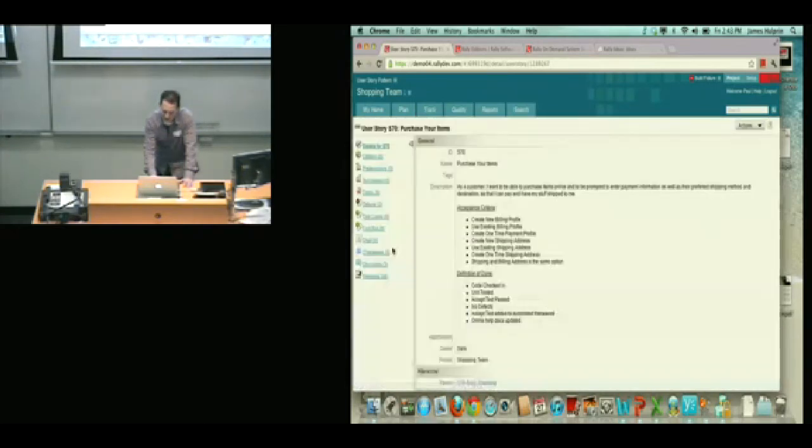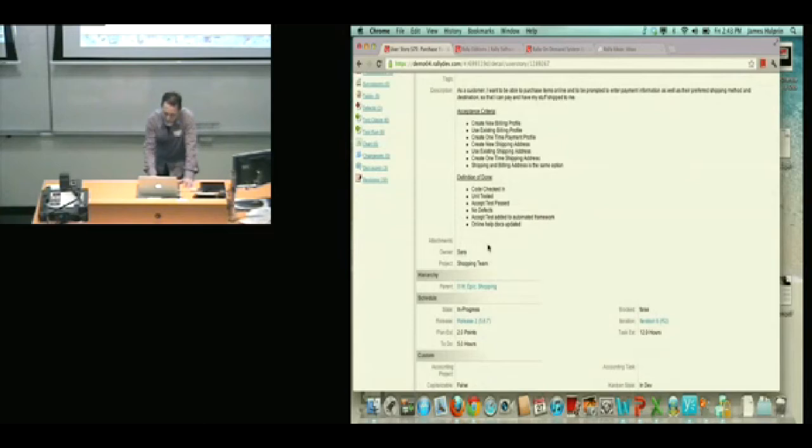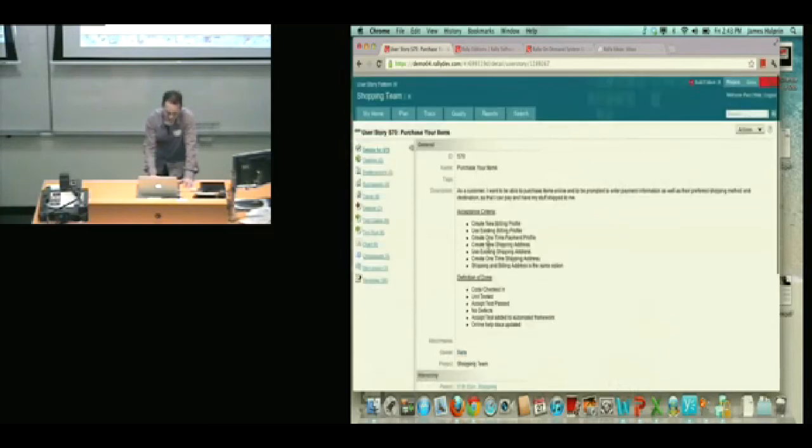So another way of looking at that is if I click on the unique ID of an artifact anywhere inside of Rally, it takes us off to what we call a details page. And this really highlights that end-to-end traceability, which is so important. Obviously at the top level, you've got all your basic details about your story: user story and acceptance criteria, definition of done if you want that, release it's been allocated to, etc.